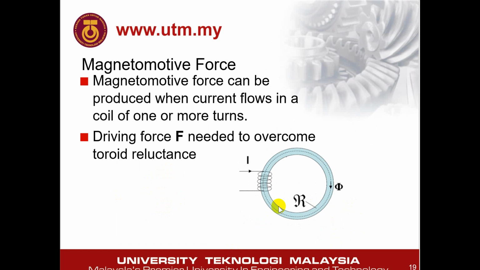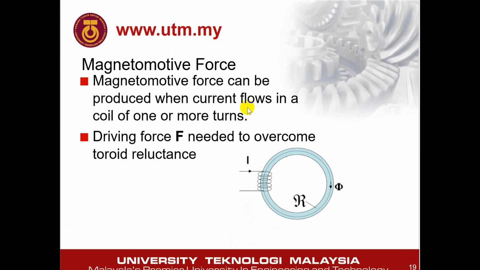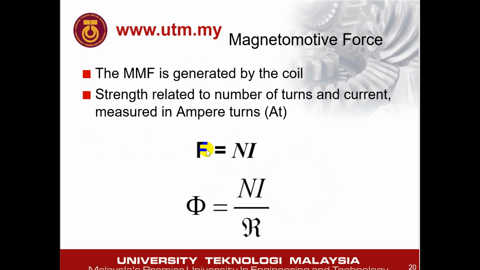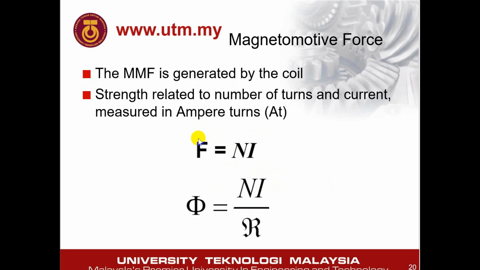Lastly is the magnetic force. As shown here, the current is the flux, and the resistance is the reluctance for a magnetic circuit. So what about the voltage source? The voltage source is actually a magnetomotive force. This is basically like a voltage source. How to calculate it: magnetomotive force F is just equal to Ni. N is the number of turns, I is the current passing through the loop. This is like a voltage source, even though this is a current, it acts as a voltage source.